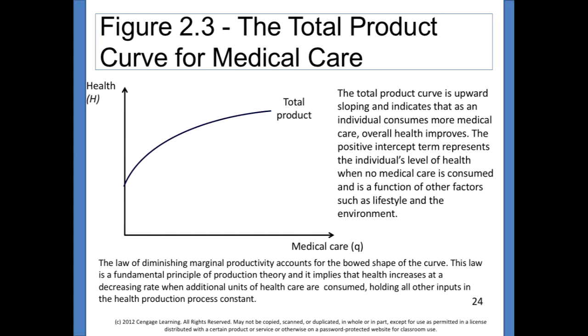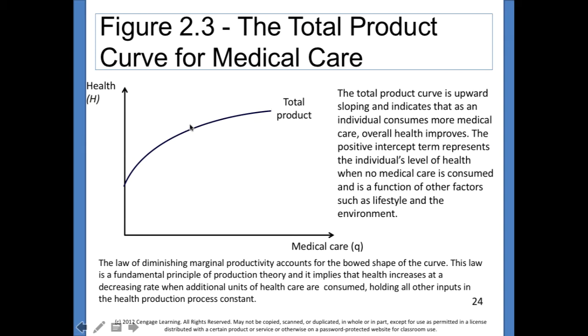In this graph, we can only look at a relationship between two variables. So we are assuming all else being equal, which means we are assuming the individual profile, lifestyle, environment, technology, and everything else are held constant. Then we change the amount of medical care and look at the production of health, and we see that the total product increases with the increase in medical care,